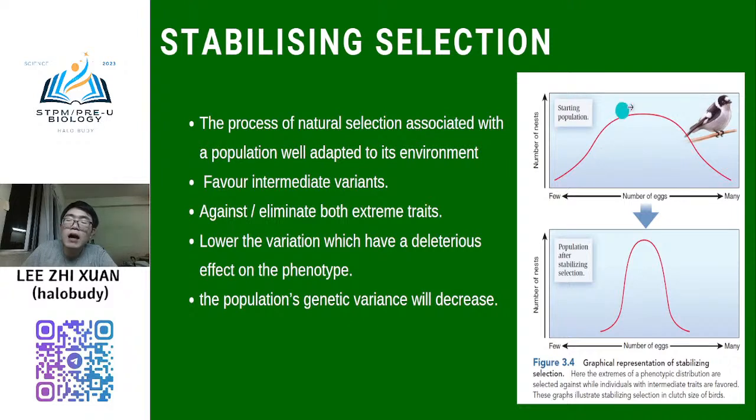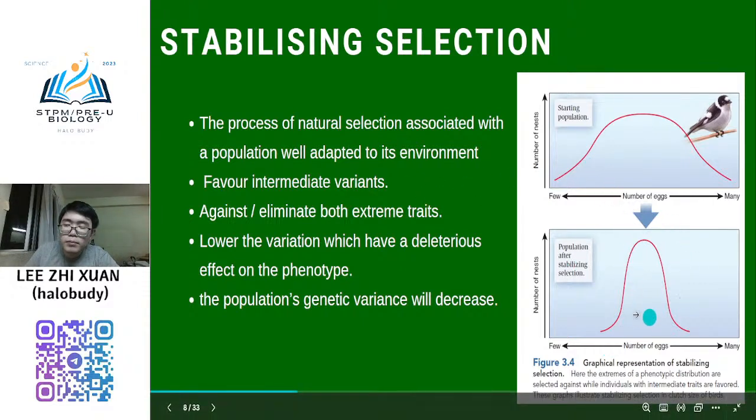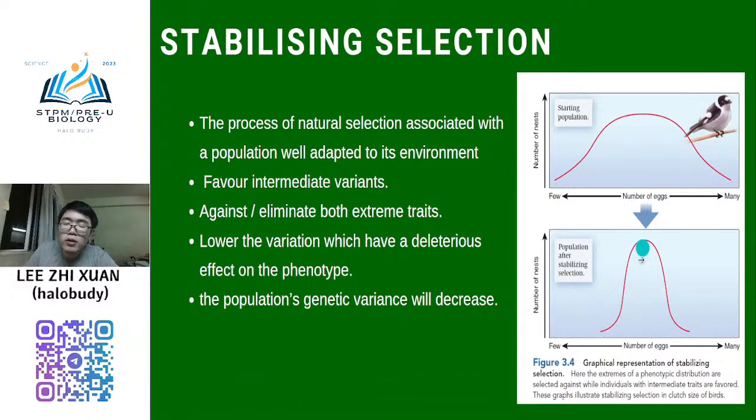Normally our graph is normally distributed, and it is very broad. So in this stabilizing selection, it will change to like this, meaning that many organisms will have the trait in the intermediate form. You will see that this is the process of natural selection associated with a population well adapted to its environment. So it favors the